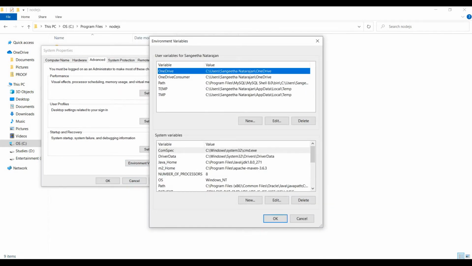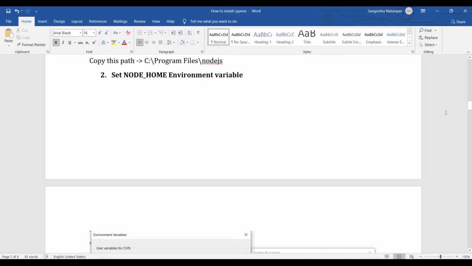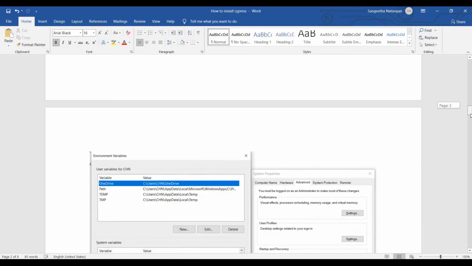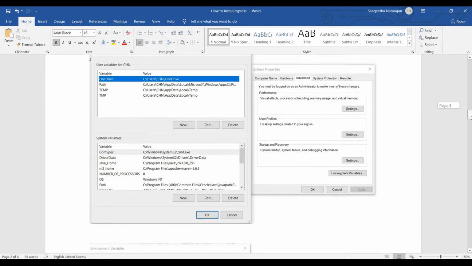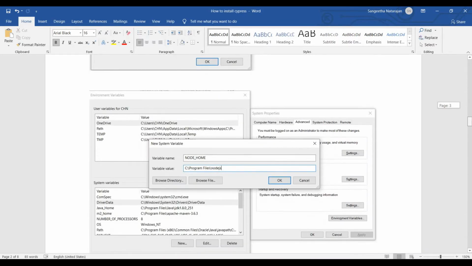Here, where do I have to paste that path, user variables or system variables? Sorry, system variables. User variables are not needed. Only system variables, so it will be configured successfully within your Windows system.